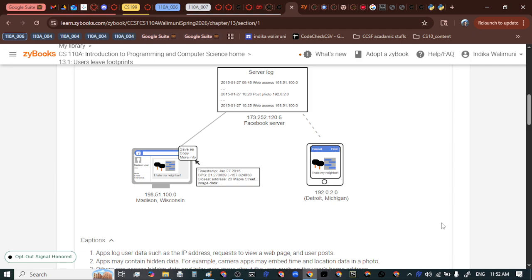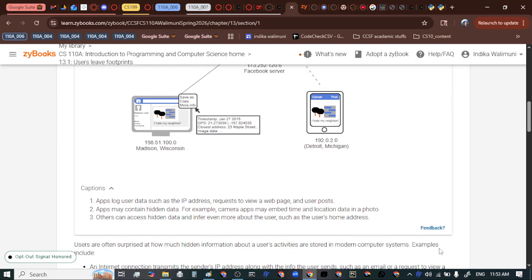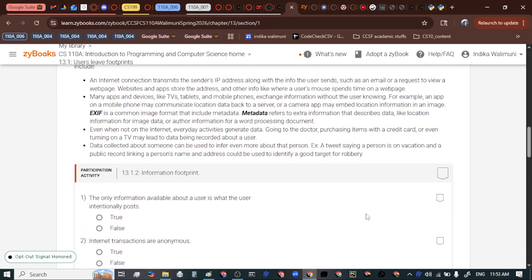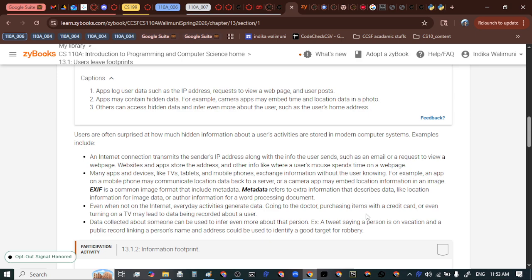Okay, and there are even, for example, Java has the log4j package, a module designed solely for this purpose, logging internet activity. Okay,